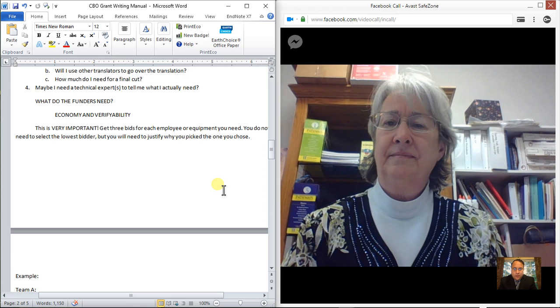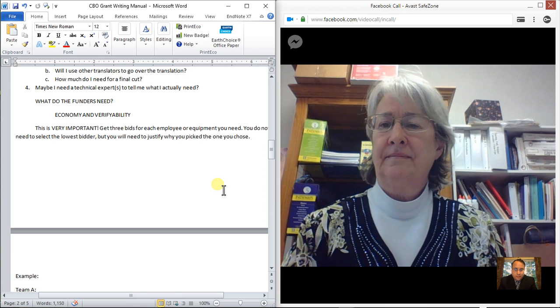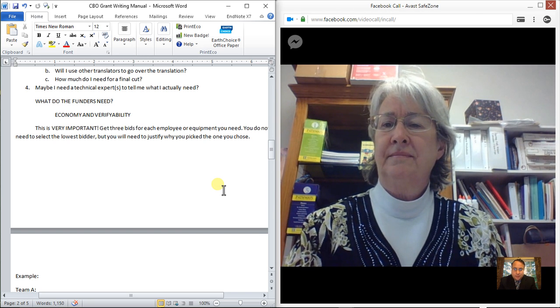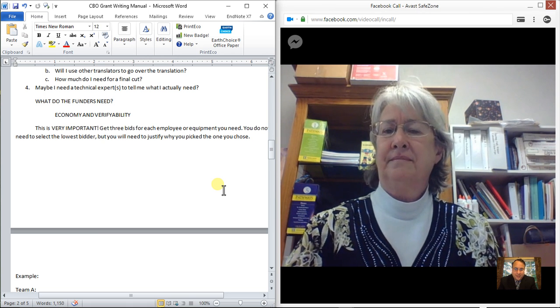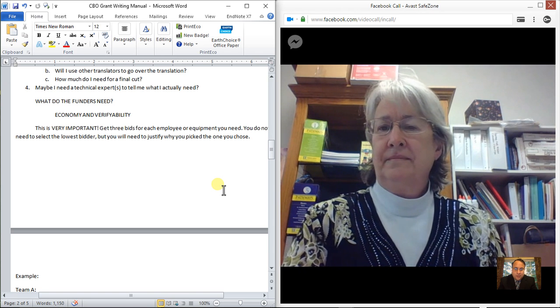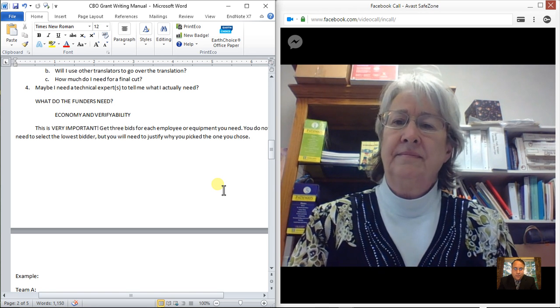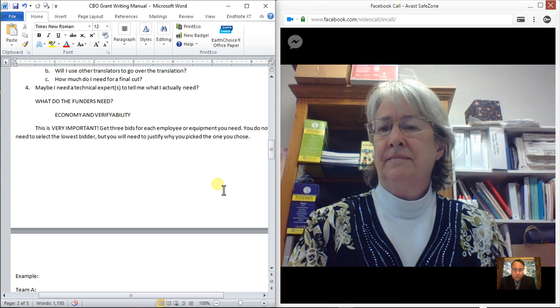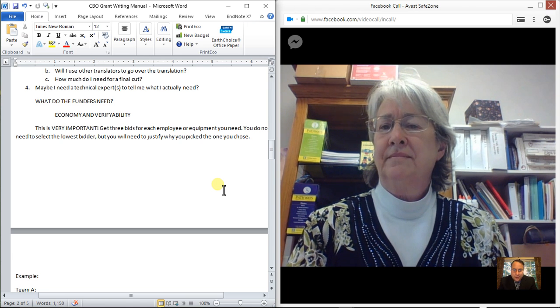Now maybe you're not going to choose the lowest bidder either. You might check somebody who's going to do it quickly, safely, that has a good reputation. There's multiple reasons. Maybe one crew of builders hires ex-cons. Do you want that group of workers around your children? Probably not. You need to be able to check the safety of what kind of contractors do I want working for me? Are they going to be safe around the children? What security measures do I need to put in place? So it's not necessarily going to be the lowest bidder.